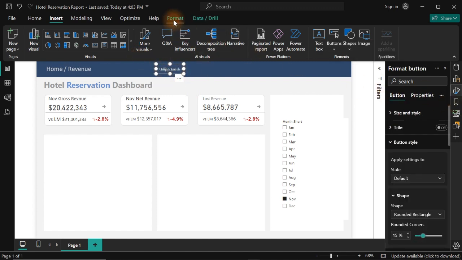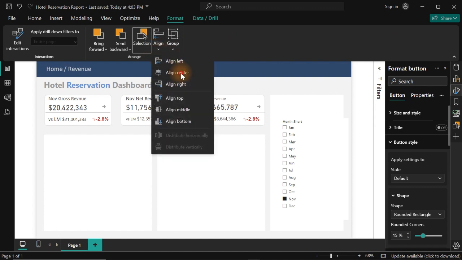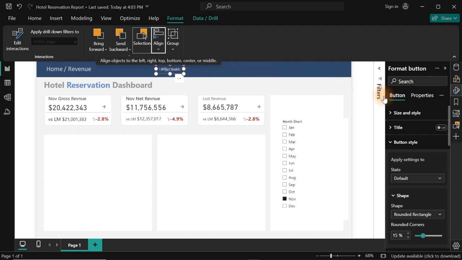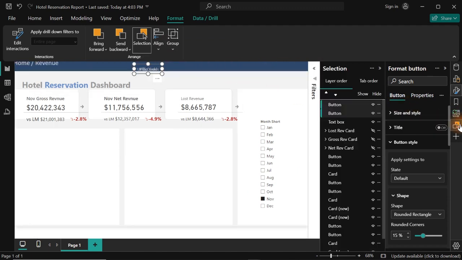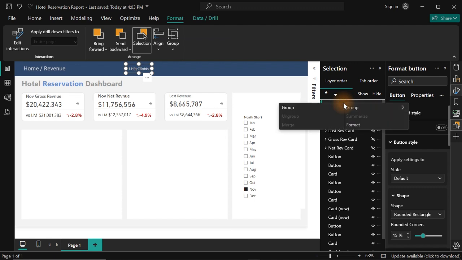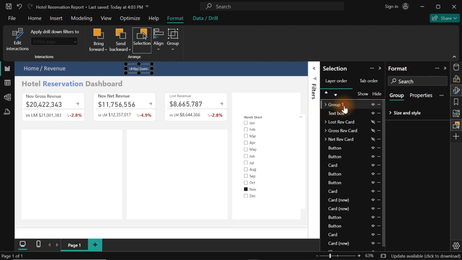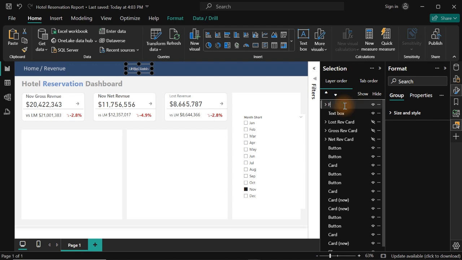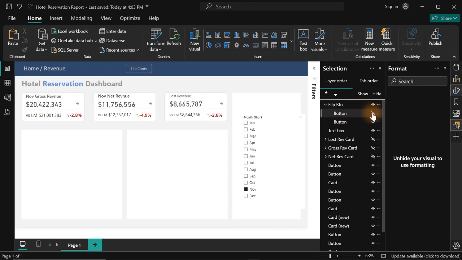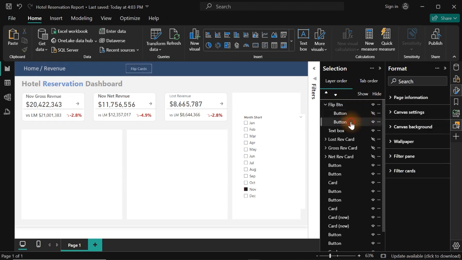Then let's go over to here. Go over to align center, and do align middle as well. So once that is done, we go over to the selection here. We put them on group, and we call them flip BTN. Flip BTN, open it up and click on this one, turn it off. So what you have right now is the flipped one. So we can just call this one flip. Then this one here,